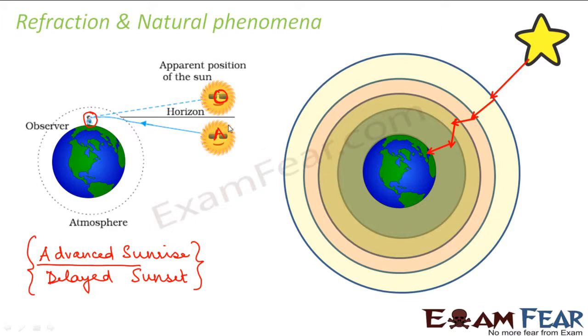That means even though the sunset has already taken place, the sun had already set, even then we can see the sun, because in that case also the same thing happens here. Even though the sun is still there, even though the sunset has already taken place, we can still see the sun here, right? So even when the sun is below the horizon line, because of the phenomenon of refraction, we see the sun as above the horizon line, right?